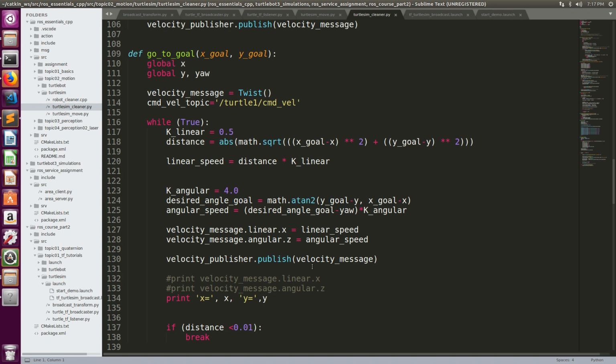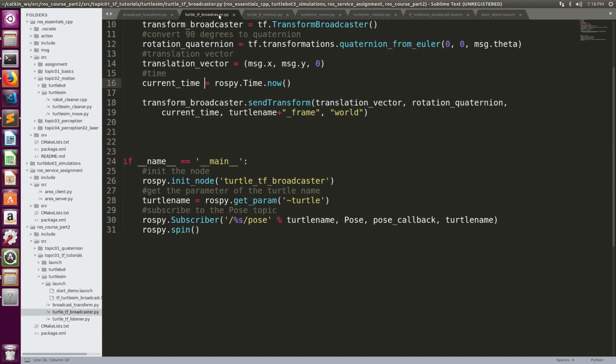And even for the go to goal, this is what we are interested in. In this case, we have used go to goal as a fixed point. And we calculate the linear velocity. And I told you that here we use a constant for the PID controller. And here we know the XY coordinates of the goal location. Now what is the goal location? It's turtle 1. And the one that is going to move is turtle 2. Okay, so I need to find the same thing. I need to find the position of turtle 1 with respect to turtle 2. This is what I want to do. And this is how we can do it